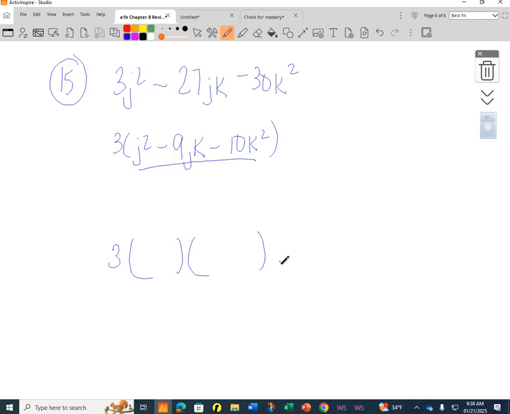Okay? Here's the trick. This is the confusing part. Would you agree, Lee? Because there's a k squared here and a k squared here. What's going to be the first term of these 2 binomials? Do you remember? J, yeah. That's going to be pretty easy. We know that's going to be the case. But remember, the last term in each binomial is going to equal this last term. So if we have a j squared here, j and j go in the first term. So if the last term has a different variable squared, then we put the square root of that one there. Okay? And then we just do everything